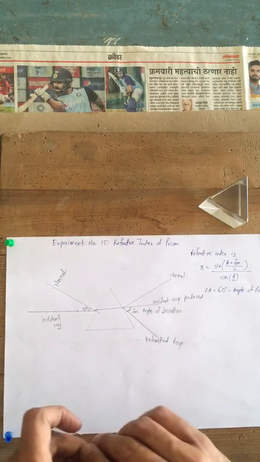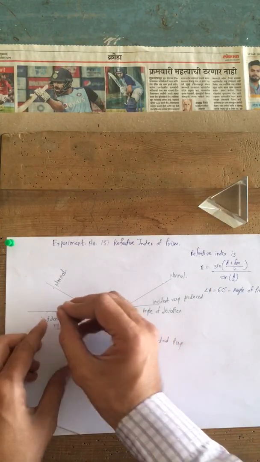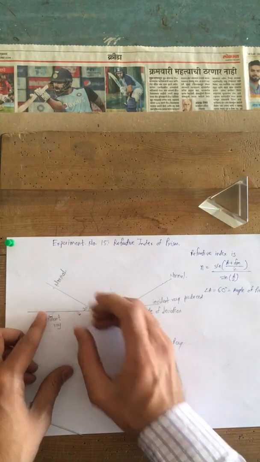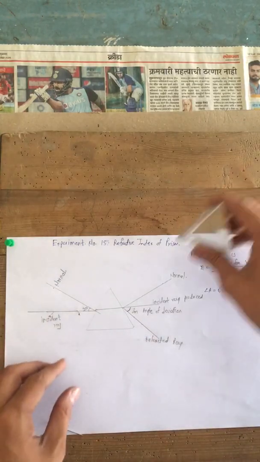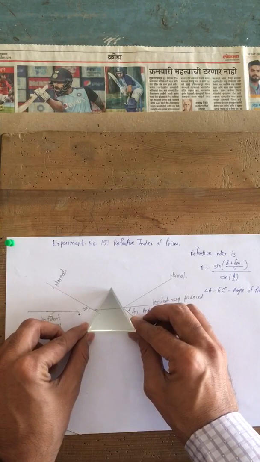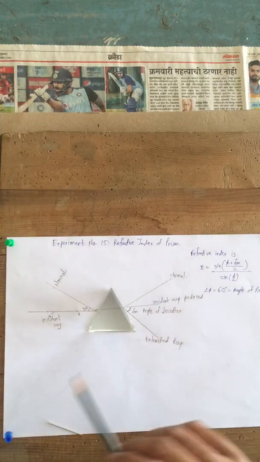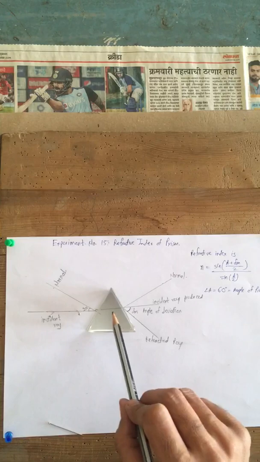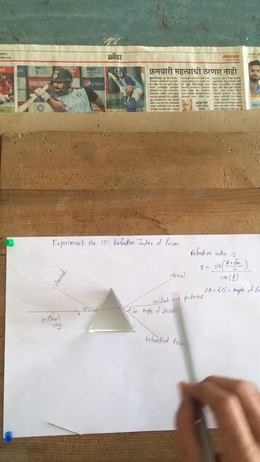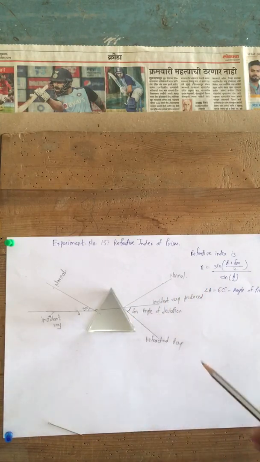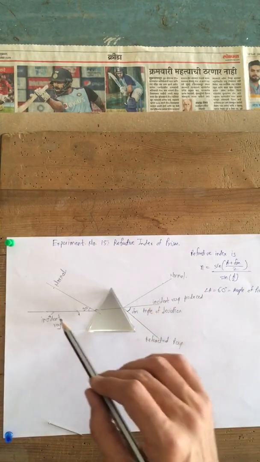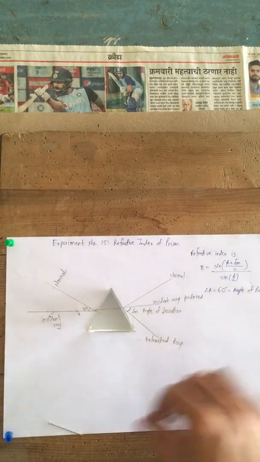Okay. Now with the help of these pins we are going to find the refraction. Just put these two pins over here on this incident ray. Okay. Then put the prism exactly on the line like this. Now there is a refraction from this air medium to this denser medium. There is one refraction, and from this denser medium to this rarer medium there is a second refraction. So we have to observe this second refraction on this side. Now observe the images of these two pins on this side.